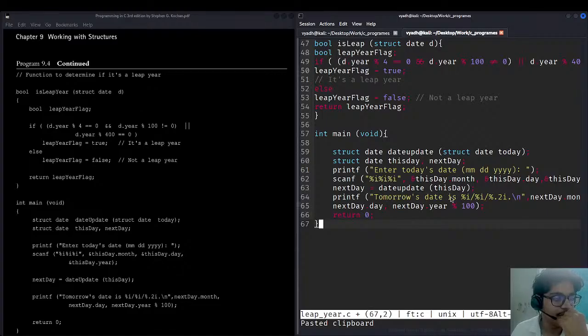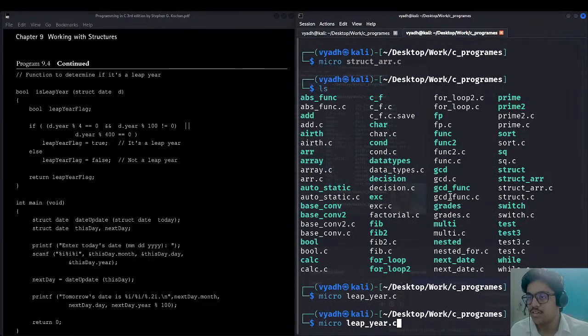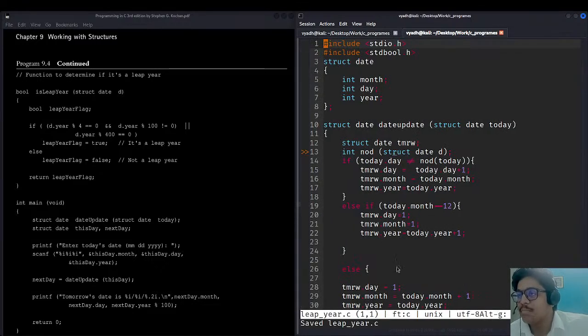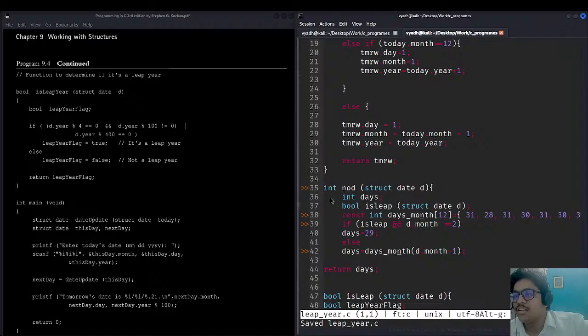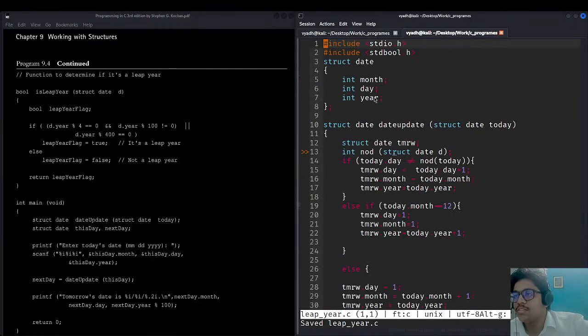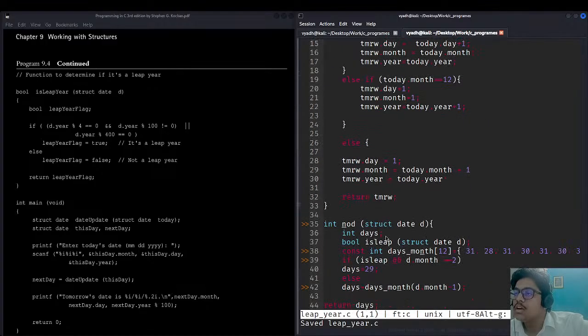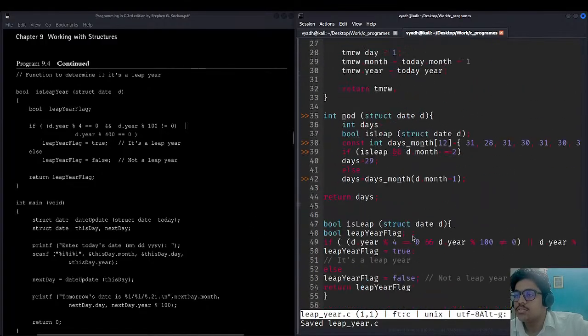चांद से है लवकेश सोलंकी, चांद पे ही आ रहा हूँ भाई, रुक जा, ये प्रोग्राम खत्म करने दो, चांद पे ही आता हूँ फिर। कंट्रोल एस, अरे भाई बहुत एरर है इसमें तो। एक एरर यहाँ पे है, इंट नॉट स्ट्रक्ट डेट। अरे भाई क्या क्या एरर आ गया? स्ट्रक्ट की स्पेलिंग तो ठीक लिखी है मैंने, और क्या एरर आया है? एक एरर यहाँ आया एनओडी में, नंबर ऑफ डेज, हाँ नंबर ऑफ डेज वाले में एरर है। डिफाइन किया है क्या कहीं? यहाँ करा है। डेट अपडेट लास्ट में यूज़ किया, हर जगह एरर है इसमें तो।